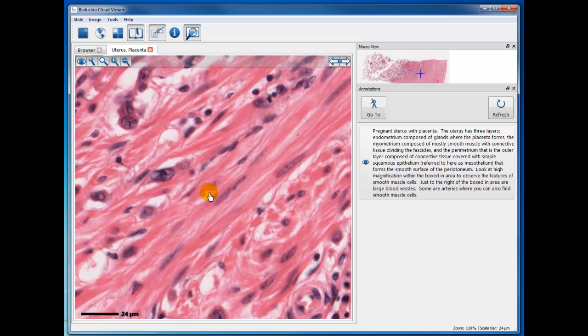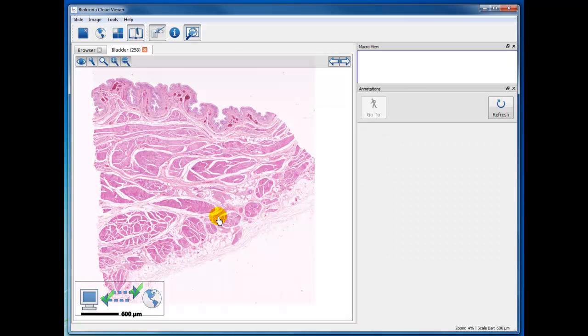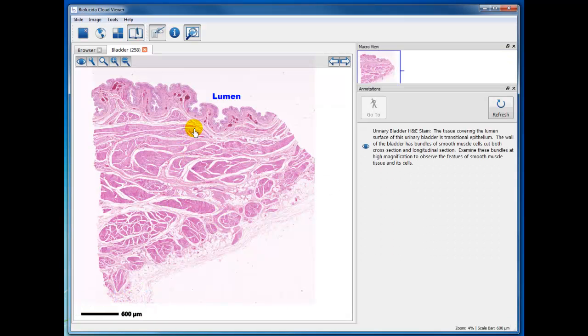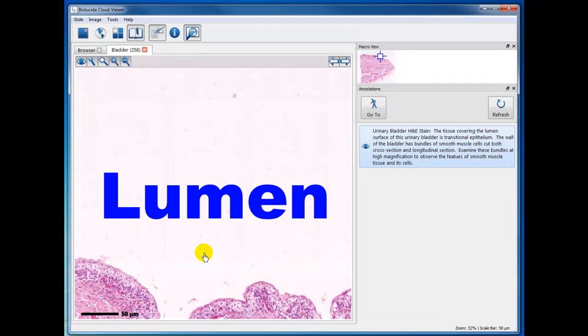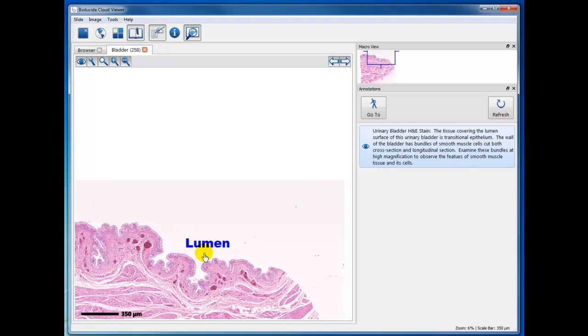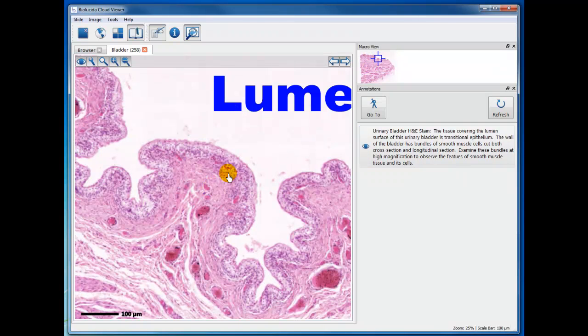So let's go to the urinary bladder. Okay, in the urinary bladder, and again, you're not responsible for identifying the urinary bladder. You are learning, and you can see an illustration of several things here. First of all, we've just given you, and I am going to correct this so it's not that large. So if we decrease this magnification, the lumen is bordered by